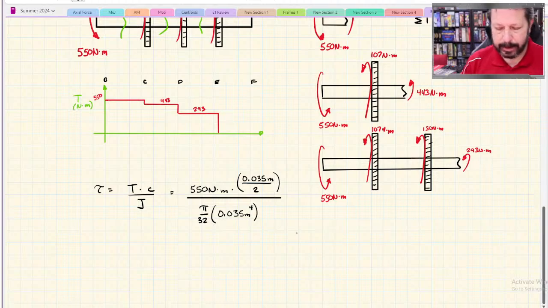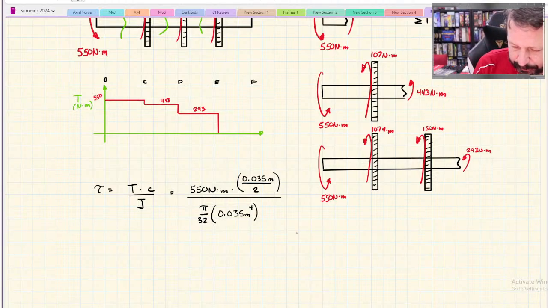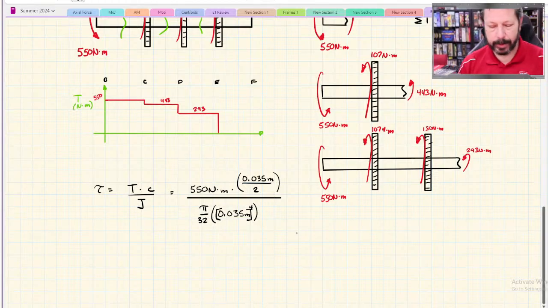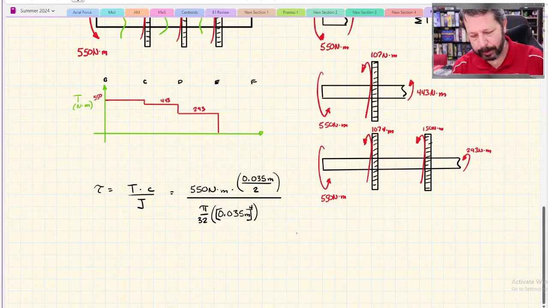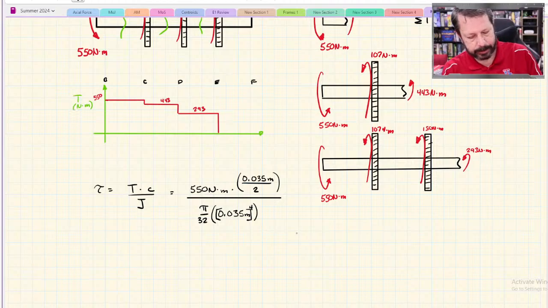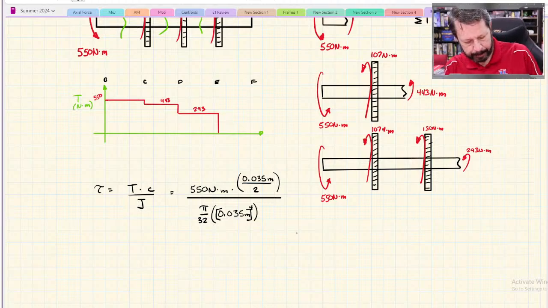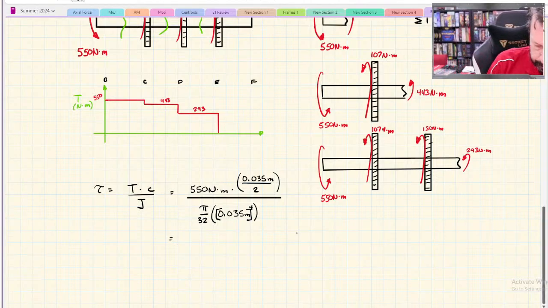I need to make sure that's not 0.035 meters to the 4th. It's that number raised to the 4th. So I probably should put the 4th outside the parentheses, but I just did it that way. So 0.035 raised to the 4th times pi divided by 32 gives me my denominator. 550 times 0.035 divided by 2, divided by my denominator, is a big number, 65332